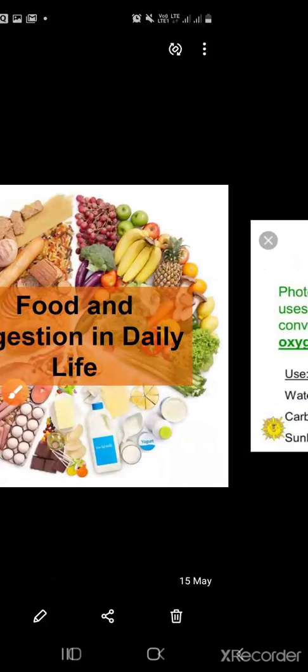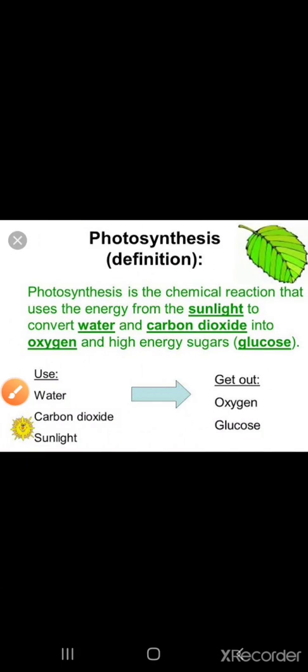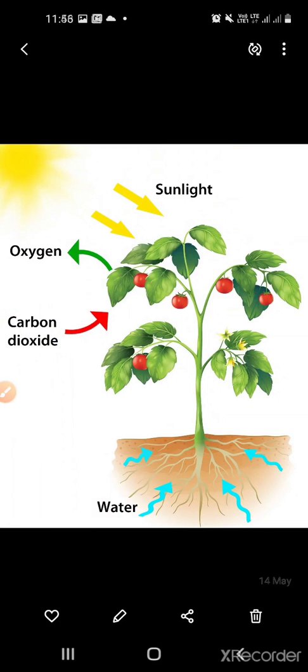How do plants use their food, right? We know that plants prepare food by photosynthesis. The food produced by the plant is in the form of sugar, right? Plants use their sugar to perform the following functions. How do they use the sugar? The plant uses the sugar to grow and live. You can see here it is growing and it is alive, right? The extra sugar produced is changed to starch.